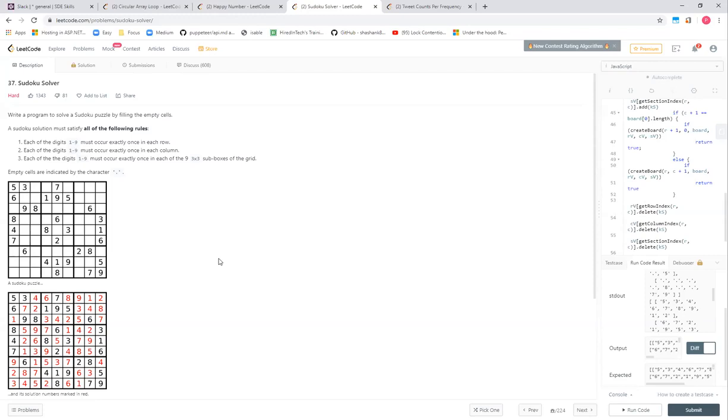Any other approach? Any ideas? Let's start with ideas. If I solve this problem, I'll use DFS and replace the empty space with digits from 1 to 9, and then I'll go to the next empty space to try if it's valid.